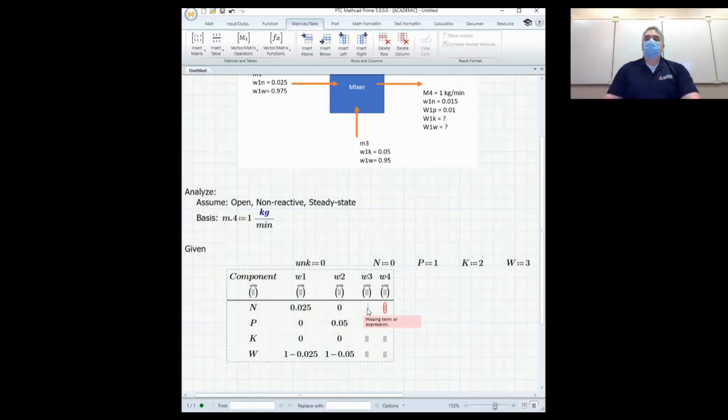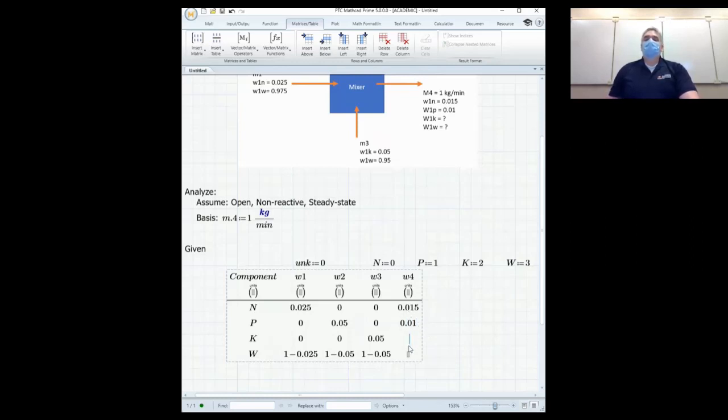We can do the same thing with W3, which is no nitrogen, no phosphorus, and 0.05 potassium, and then 1 minus 0.05 here. And then for stream 4, we were told that we want it to come out at 0.015 nitrogen, 0.01 phosphorus,